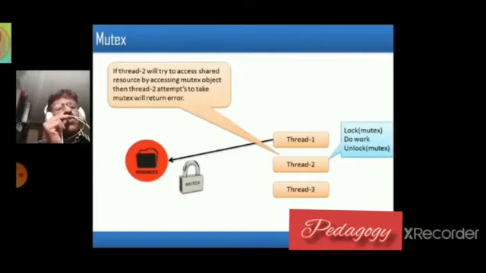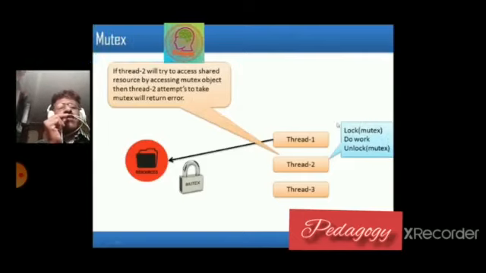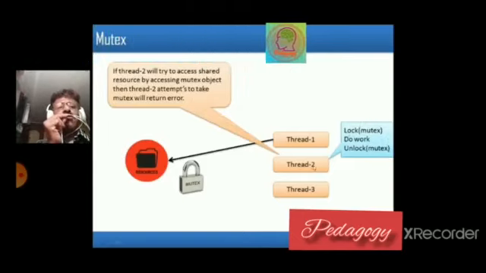So if thread 2 tries to access the shared resource by accessing the Mutex object, then thread 2's attempt to take the Mutex will return an error, because someone is occupying the authority, or the key. So whenever process P1, that means thread 1, completes its task, after completion of its work, then what will happen? Now the key will go to the second person, that means the mechanism will go to thread 2,